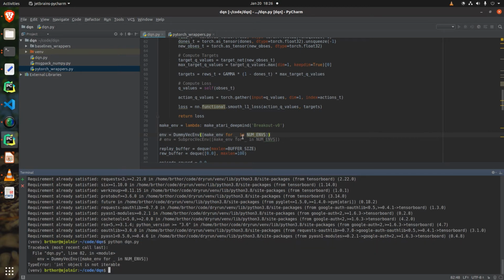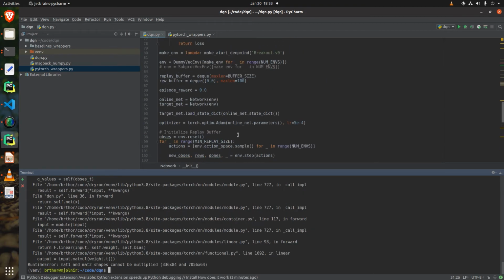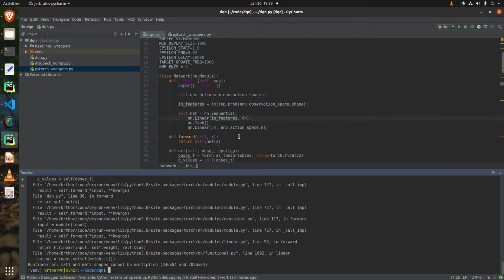Looks like we made a small mistake here. We need to add the range function. We cannot just iterate over a number. Run another smoke test. Okay, and it looks like we made another small mistake here, and that's because the input